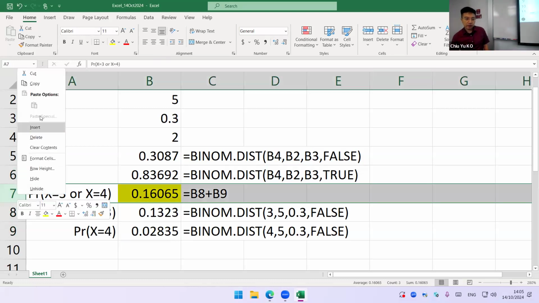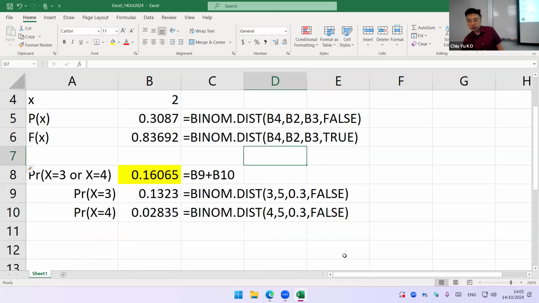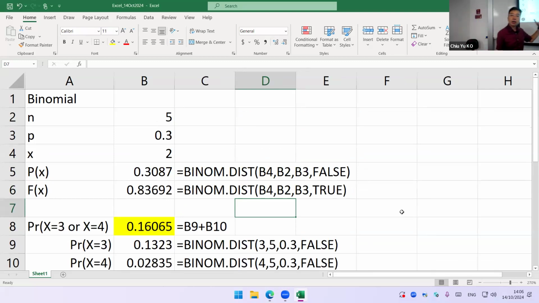Maybe I separate a little bit, one more line, okay? Is that okay? That is binomial. A little bit smaller. Okay. Is that okay? Of course, I'll upload this Excel file to the Blackboard so that later you can check it out. Now